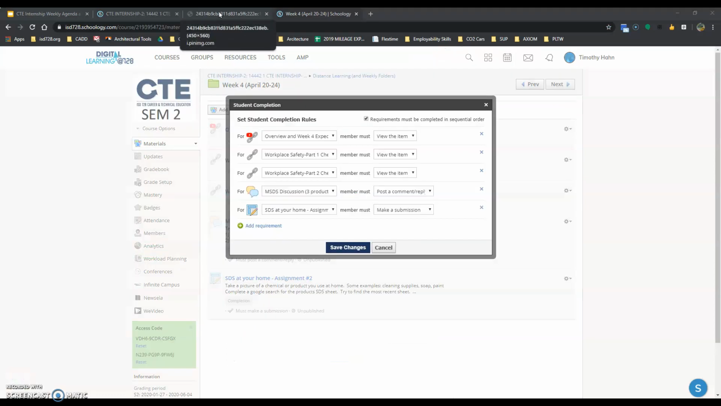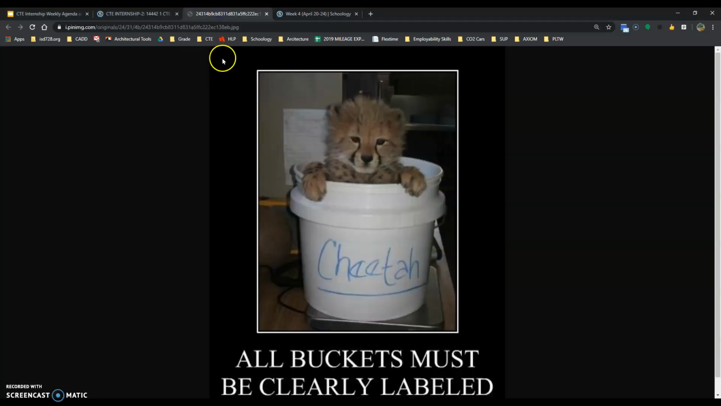So this week is talking about hazardous communications, and since we got some extra time, here is Joe Exotic's hazardous communication at his place on the Tiger King. He definitely had all buckets must be clearly labeled, and he definitely had that labeled correctly. So moving forward here,